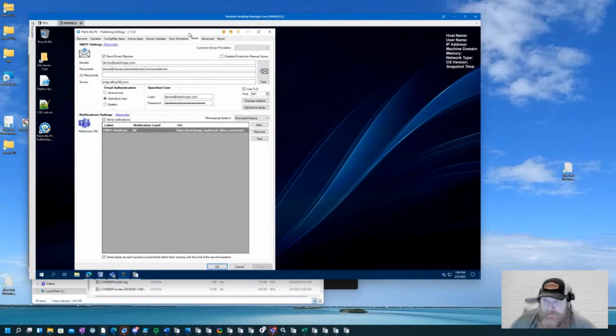Well, I wouldn't recommend that, but we give you the ability to set up alerts. The alerts are there. You can set up an email alert. You can set up a Teams notification. We even have it where you can set up Slack notification. The Teams you can set up to go per product. If you have a lot of products, that can get real chatty, so you can uncheck this box down at